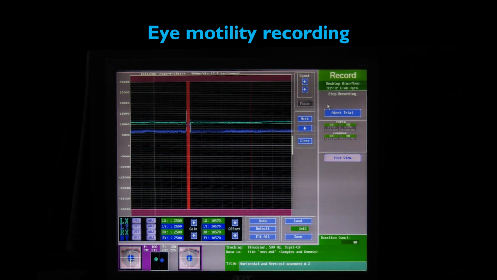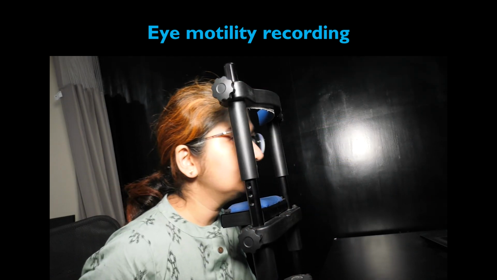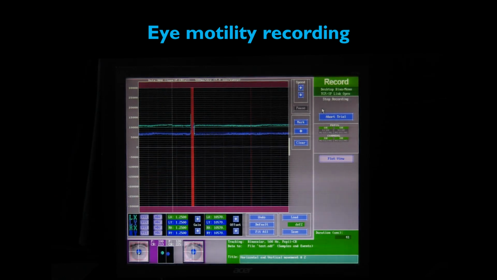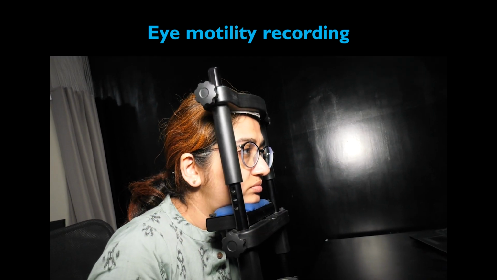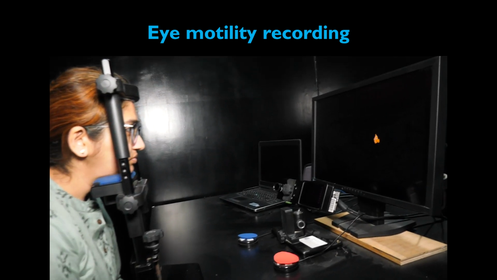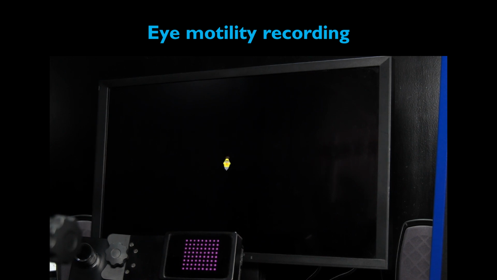To record the eye motility, the patient is made to place chin on a rest and a target is given to observe the nystagmus characteristic in primary and various cardinal directions. With this background, I would like to take you through few cases of different types of nystagmus and its characteristics findings in eye motility recording. We will also learn few parameters to look for in EMR which will help us to modulate our treatment plan